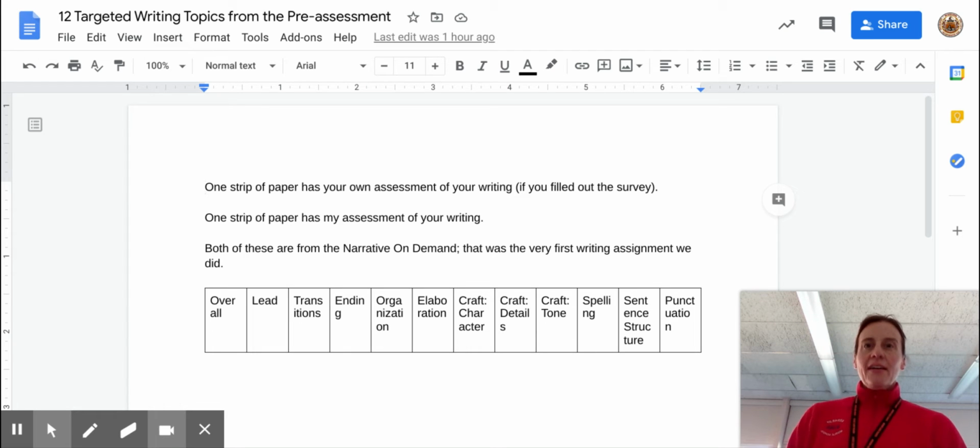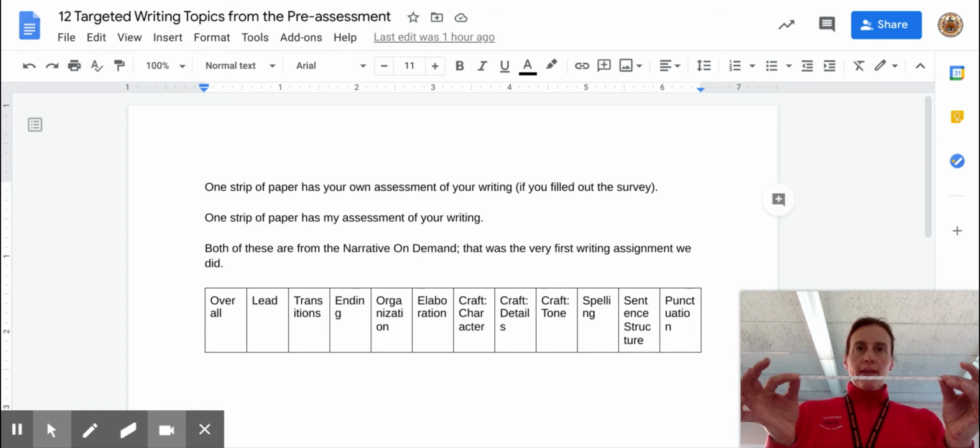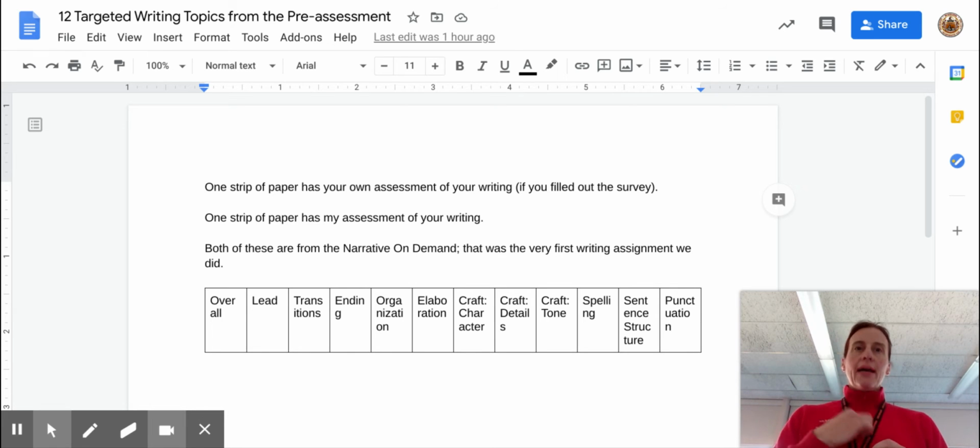It's Friday. I will post this probably on Monday. If you are in cohort B, you got a tiny strip of paper that looked like this today, right? It had your name on it on one column, and it had my name and your name on another column. If you didn't receive a piece of paper that had just your name on it, it's because you did not do this pre-assessment activity, okay?